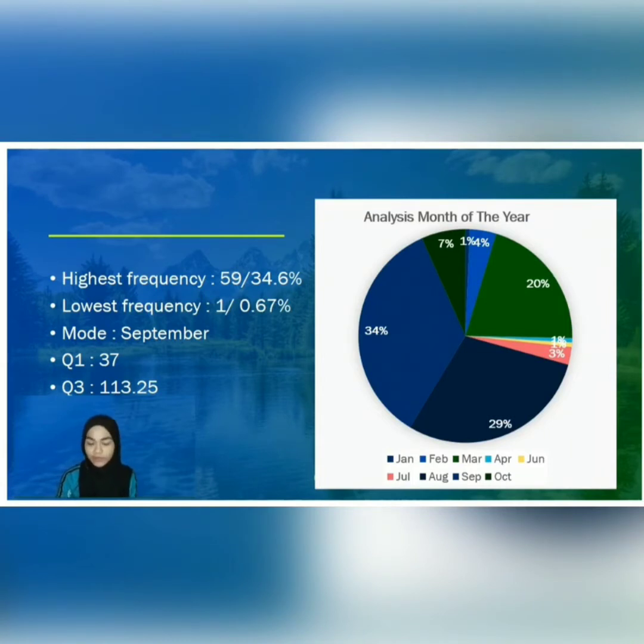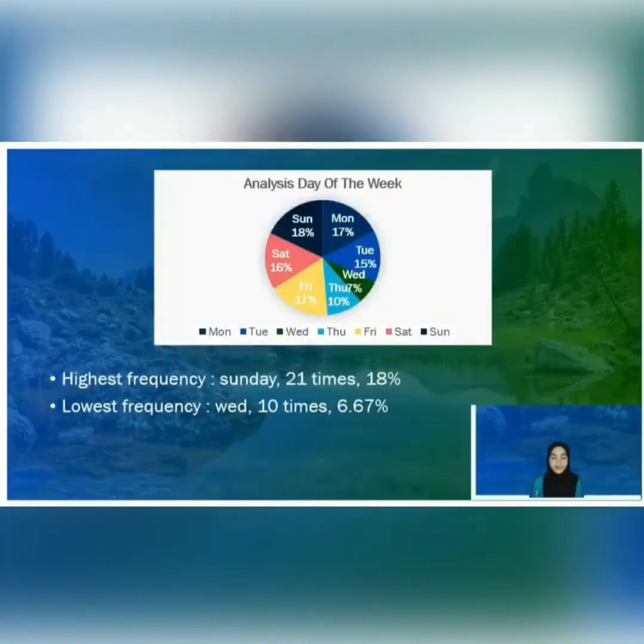Quartile 1 is 37, and quartile 3 is 113.25. For the analysis day of the week of forest fires, the highest frequency is Sunday, which is 21 times, each representing 18%. And the lowest frequency in analysis day of the week is Wednesday, which is 10 times, each representing